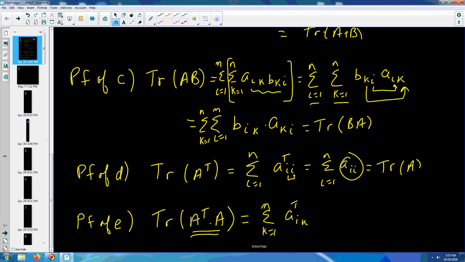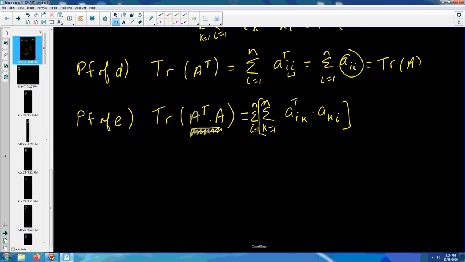Transpose times AKI. Now, if you sum up over K, you get the diagonal entry of the II position for A transpose A. But we want all of them, not just I. So we'll let I go from 1 to N. Now, this here is equal to the summation as I goes from 1 to N of the summation as K goes from 1 to N of